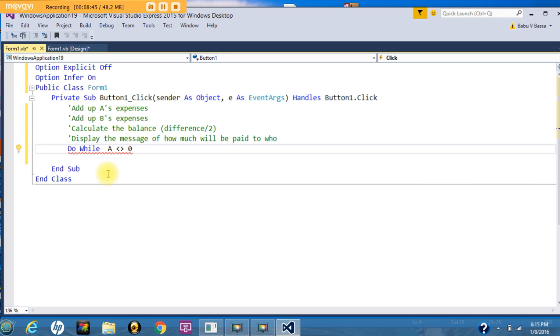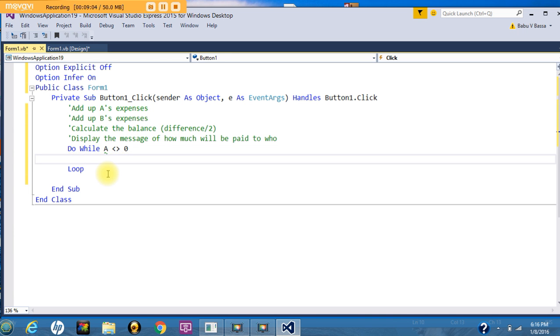A is a variable which will actually represent A's expenses that are entered into an input box. So Do While A is not equal to 0, what it would do is